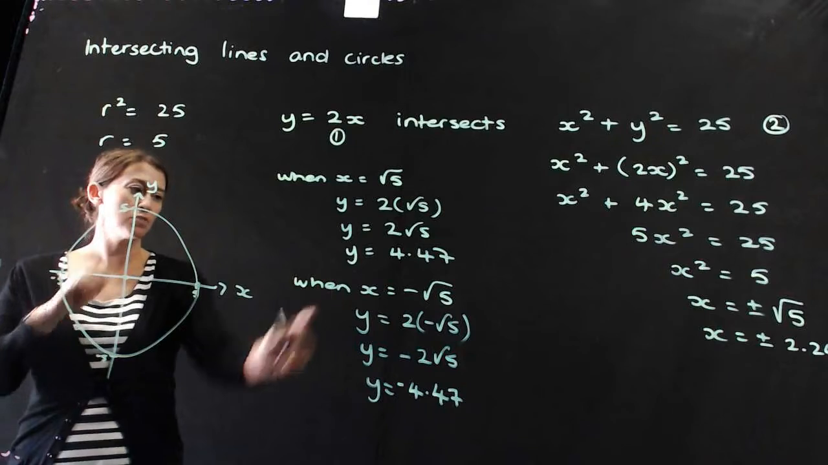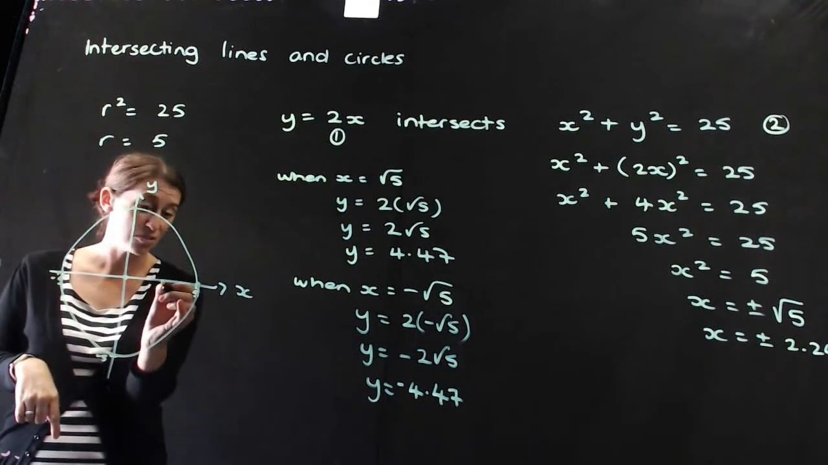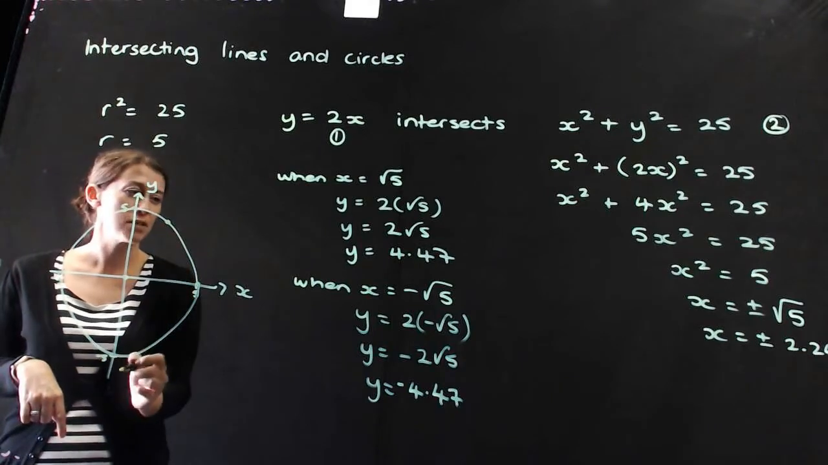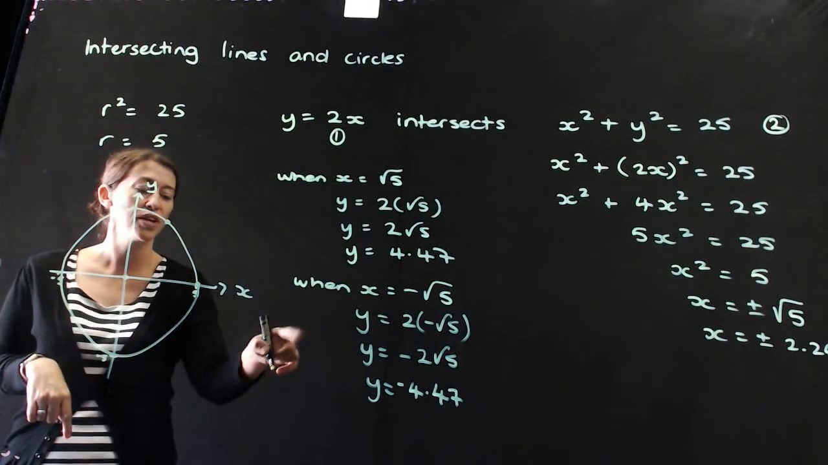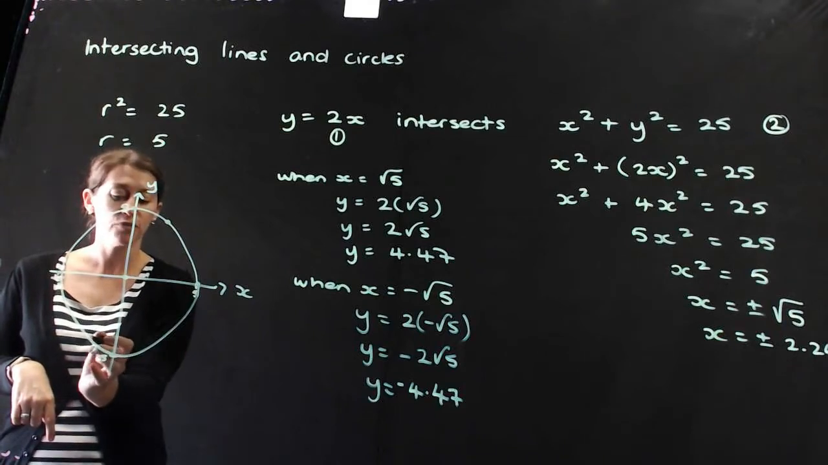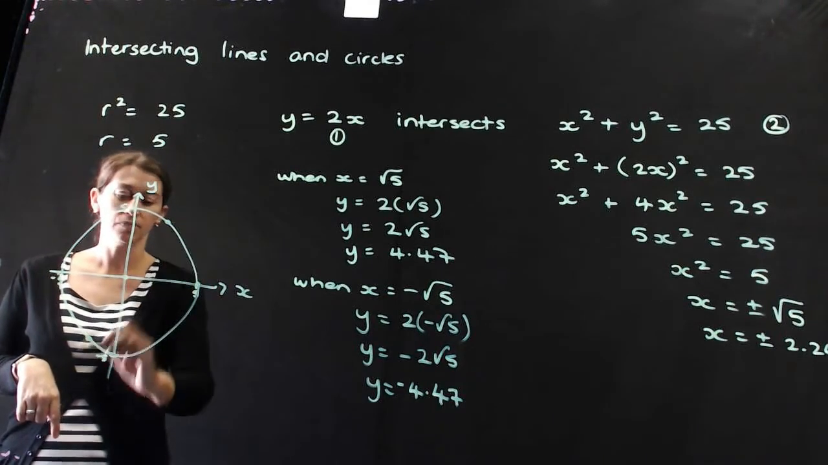Now, we've got decimal values here. When x is 2.24, so it's around here, y is 4.47, so it's about there. It's our first intersection. And the second one is when x is negative 2.24, y is negative 4.47. So our two intersecting points are,